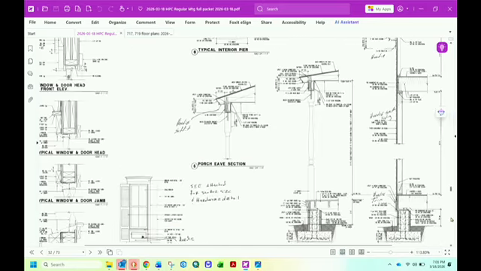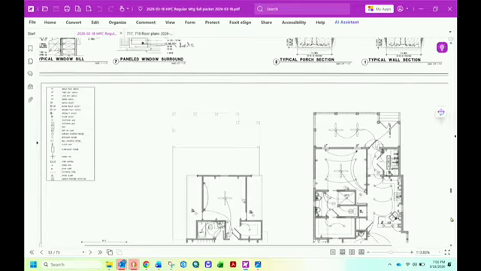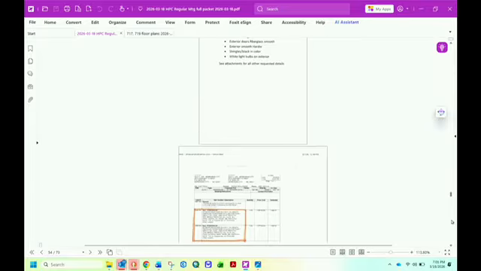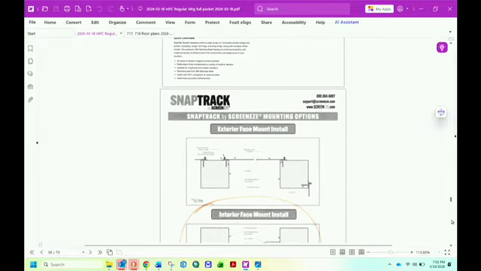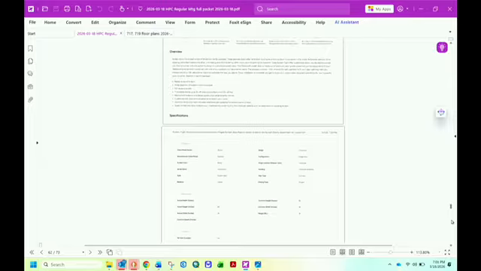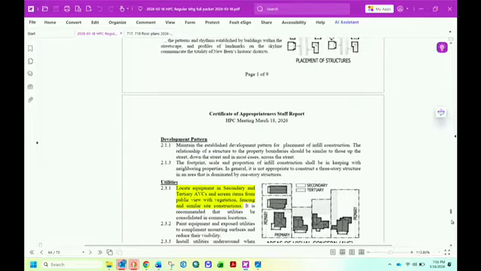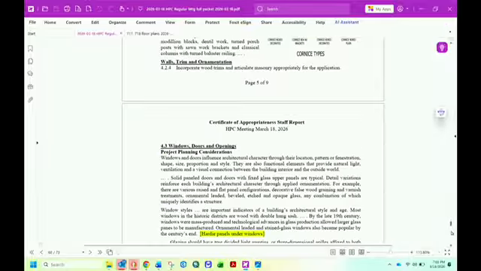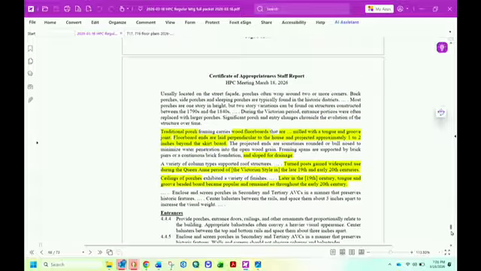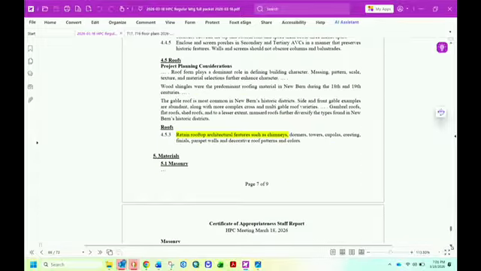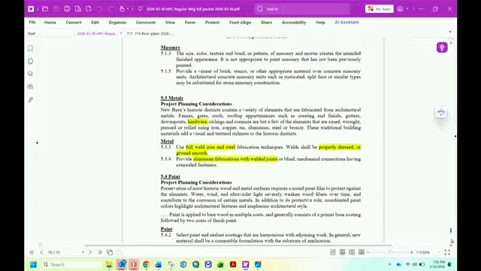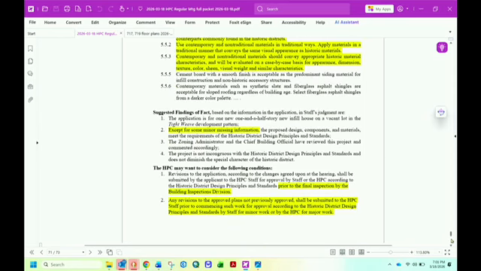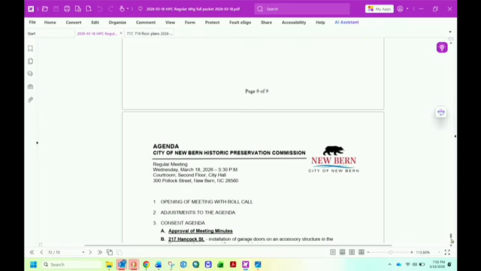So, Mr. Chair, what you can do for purposes of the record is, since this information is already in the record for a previous hearing, you all can take judicial notice of the plans, documents, and comments that were previously submitted in the record for 719. That way you can consider them for 717 without having to duplicate all of that information. All right. I think that would be a good way of doing it. Because you need to have two different COAs, because they could go at different times. And they're different owners. Right.